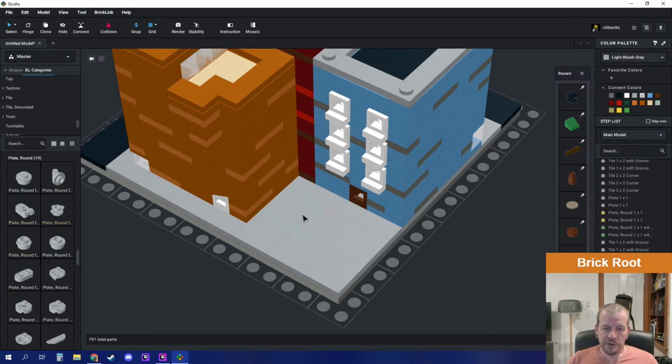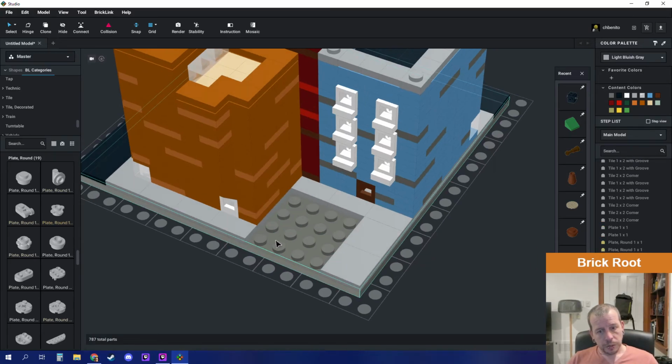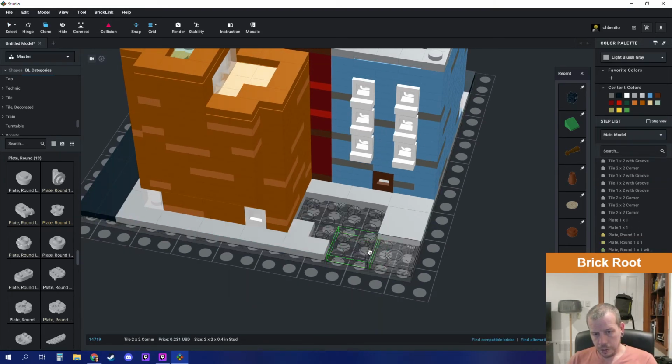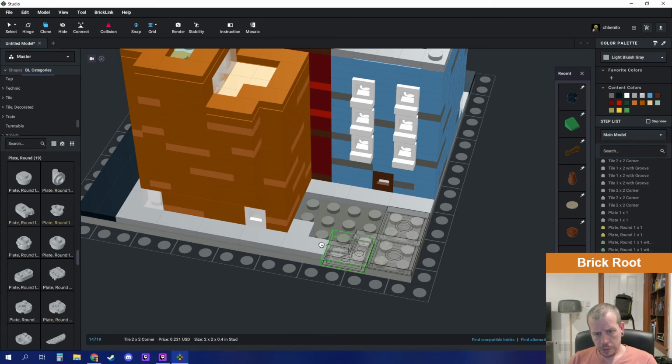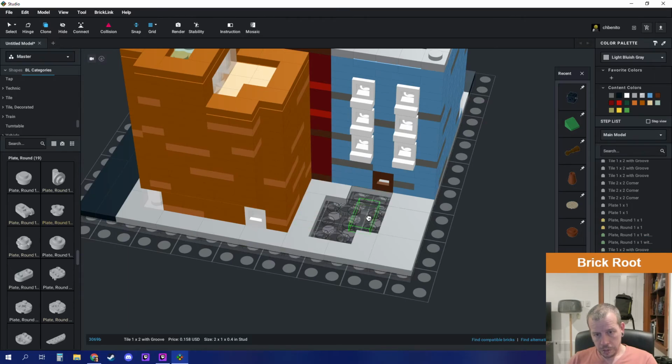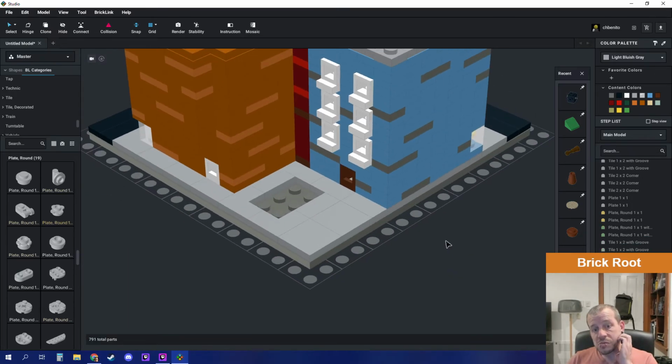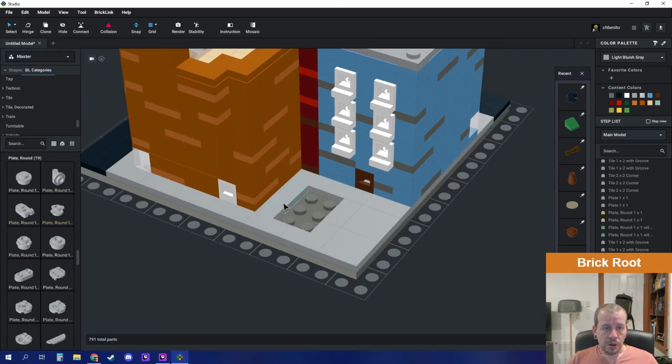But I feel like I need a little something here, so I think I'm gonna put a quick little planter back there, maybe with